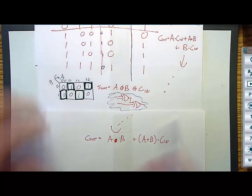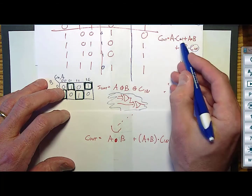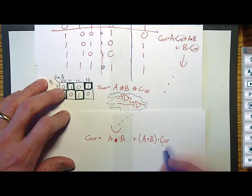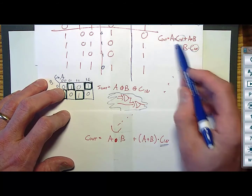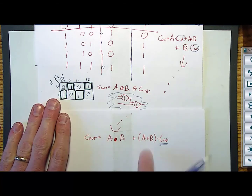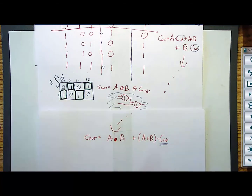All I did was recognize that C in was a term that was ANDed with both A and B, so I pulled it out, and that left A ORed with B. So that's the distributive property. Now, why did I do that? Well, it turns out that if I look at this, and I go back to that original circuit that I built,